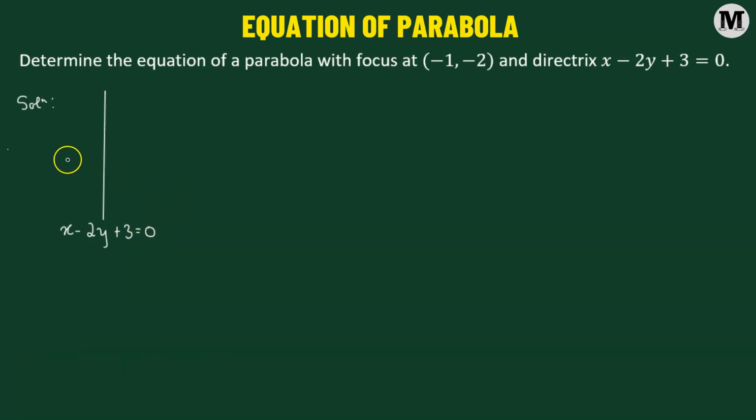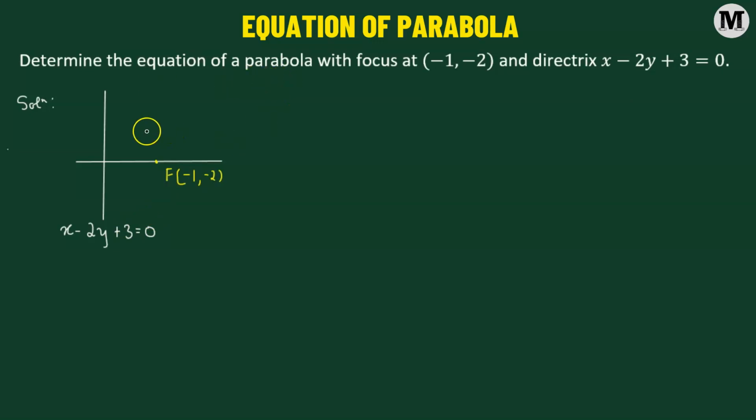Now we'll draw a line which is perpendicular to this directrix line. That will be referred to as the axis of symmetry line. On the axis of symmetry line, we're going to consider a point, let's say point F. This point will be referred to as the focus. That's (-1, -2). Our goal will be to use these two pieces of information to find the equation of the